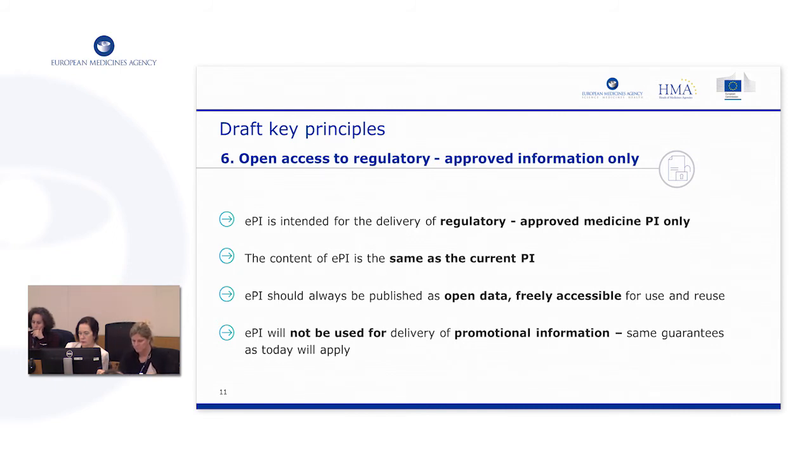And as has been mentioned, of course, we will not have control of it. We only have control of the source. And the source is reliable in the sense that it's approved information. So EPI will not be used for delivery of promotional information in the sense that we can guarantee that the same safeguards that today apply for product information, statutory product information, in other formats should apply as well to electronic format. There has been a lot of concerns voiced by several groups that electronic format should be a vehicle for promotional information, but we are quite reassured about the discussion and about the express comments from all stakeholders that this shouldn't be the case and that we have similar guarantees.